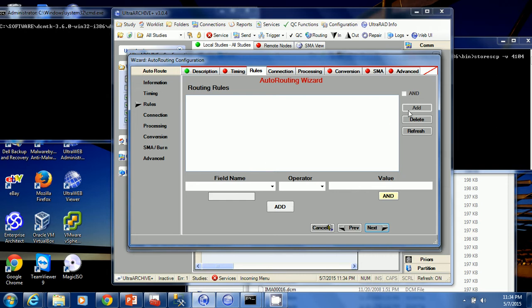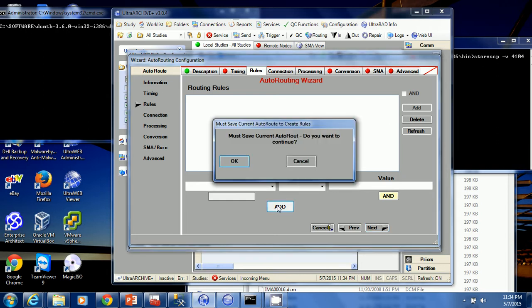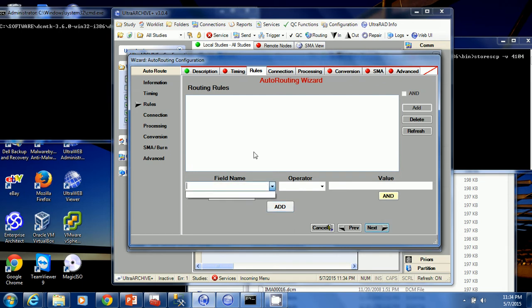With the rules, you can set up routing rules based on any DICOM tag. Well, not any DICOM tag, but any tag that we support in our software, which is the vast majority of them. But you can basically type in any DICOM tag. You can use different operators. In other words, is it equal to, greater than, less than? Does it contain a certain value? So, for example, you could say, does my study contain a body part of head, and it has to be, say, an MR or a CT or something like that. So you can combine different logical operators together to create these very complex rules